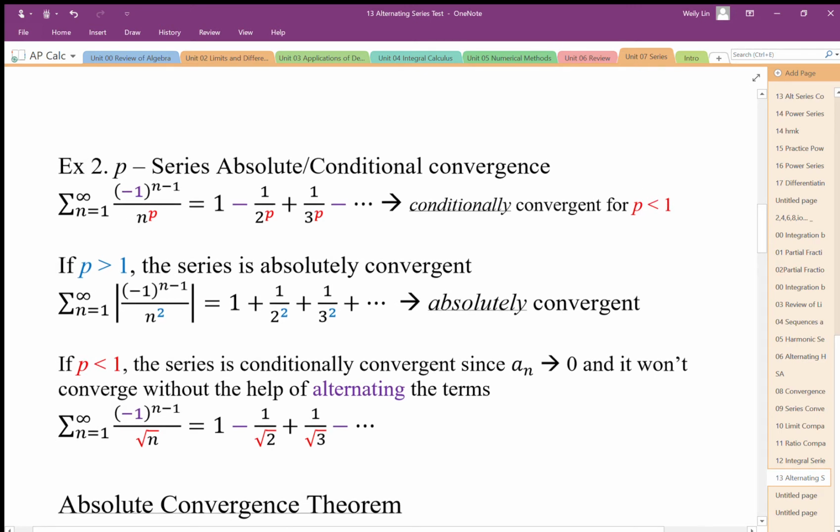If we have roots, for example, ones like this down here, these are all conditionally convergent because the terms go to 0 and they alternate. It's conditionally convergent because without the help of alternating terms, this will not converge. If I made this all positive terms with an absolute value, that means this is a diverging series. But if I make it alternate, we have conditional convergence because it just needs that help to converge.